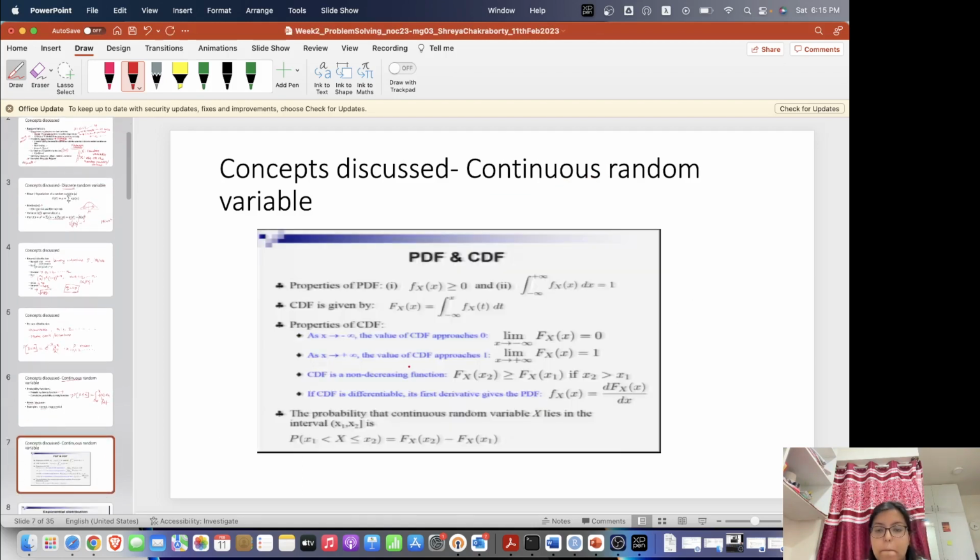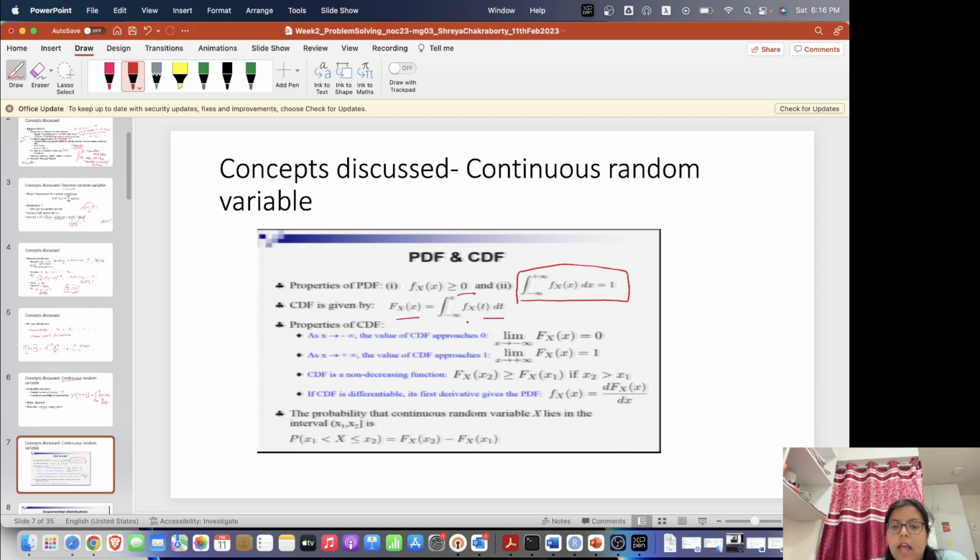Now, the properties of a PDF are some sort of equivalent to a PMF, the probability mass function. So for f(x), the values should be greater than or equal to 0, and the integral of f(x) over the entire range of x should be equal to 1. And this is the formula, as I said, of